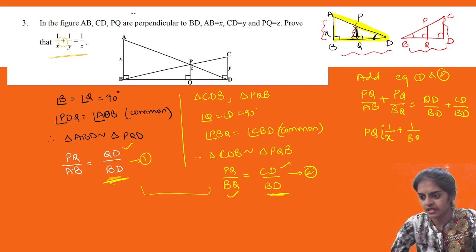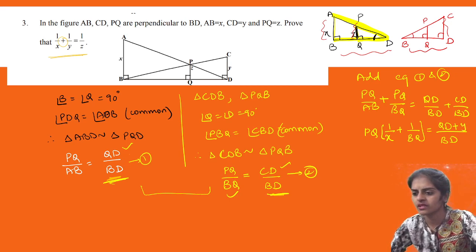Let us write it as BQ equals to. Here BD is common. So you will have QD plus CD. QD, what is QD here? QD value we don't have, plus CD value is Y. So here somewhere,